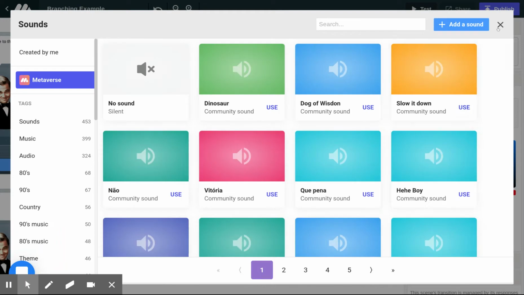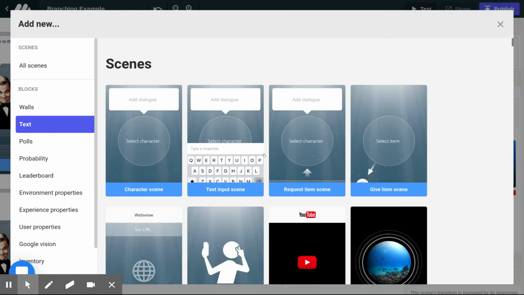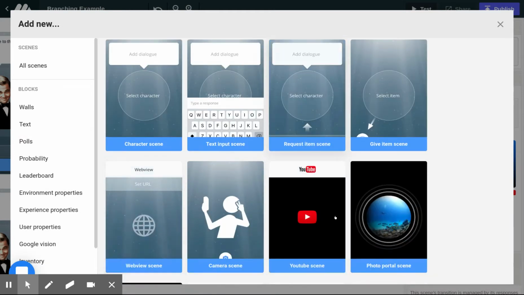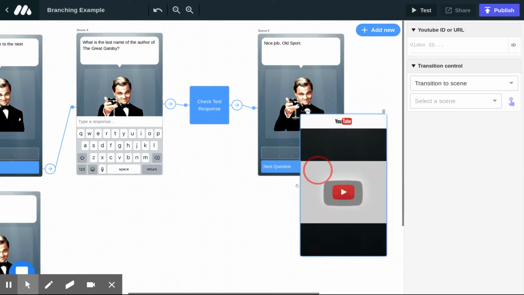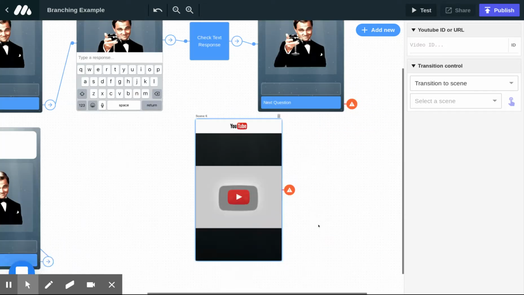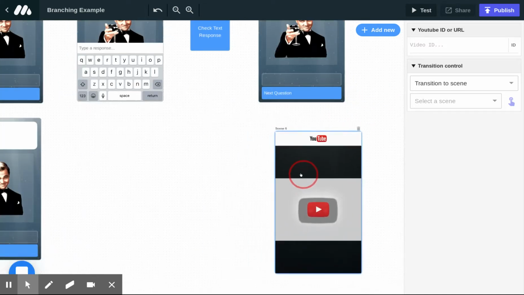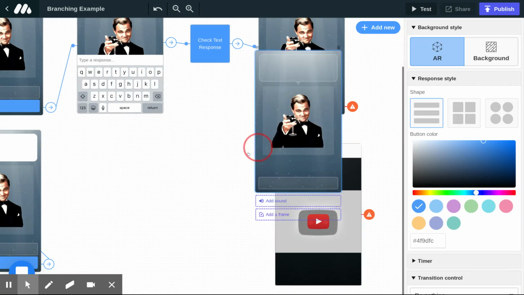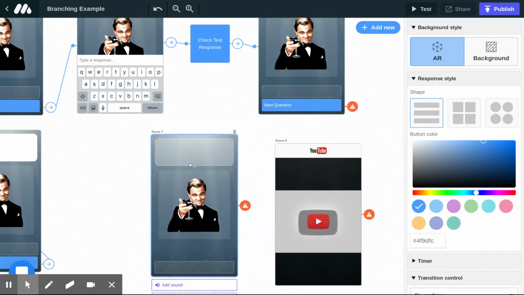I'm going to add a new character scene or a scene here, but actually I think that if they don't know that, they need to go watch a video. So I'm going to say, like, you didn't get it right. Actually, I'm going to set that there for just a second. I'm going to have a character scene that says, you didn't get it right, so try to go watch this video and try it again. So let's see. Not quite. Watch this video if you need help,